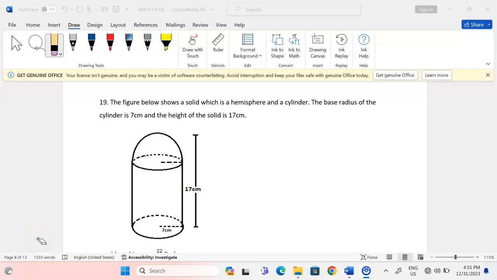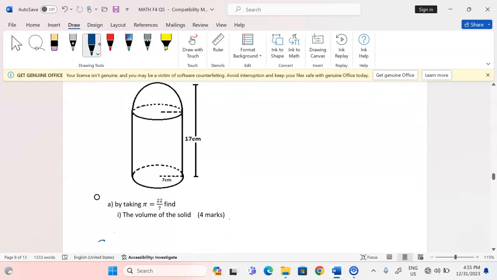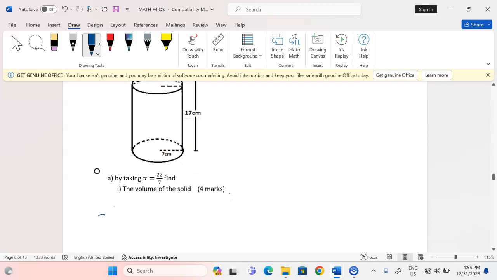We're going to discuss volume and surface area of solids. In number 19, we've been told that the figure below shows a solid, which is a hemisphere and a cylinder. The base radius of the cylinder is 7 centimeters, and the height of the solid is 17 centimeters. By taking pi as 22 out of 7, find